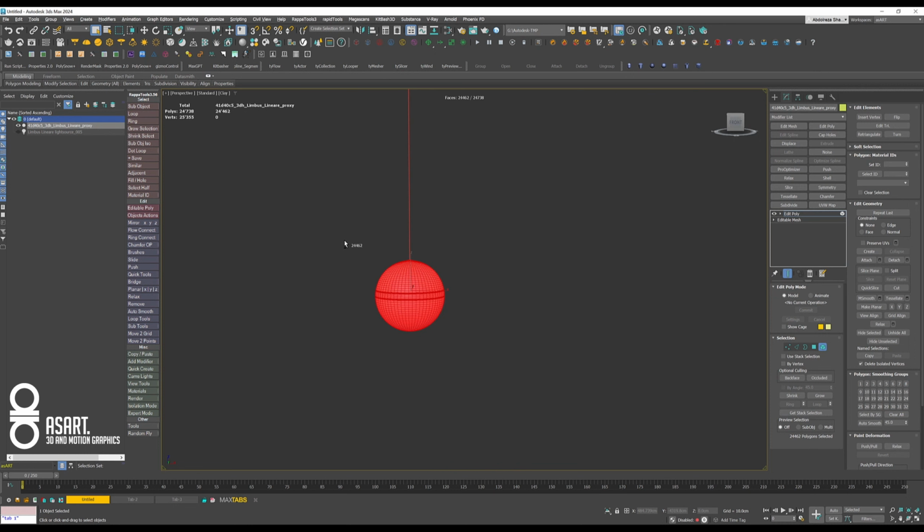So I'm gonna just select my top of the light here and detach that, and we can just call this segment light top. Next thing, I'm gonna select my wire and detach that as well, call that segment wire,